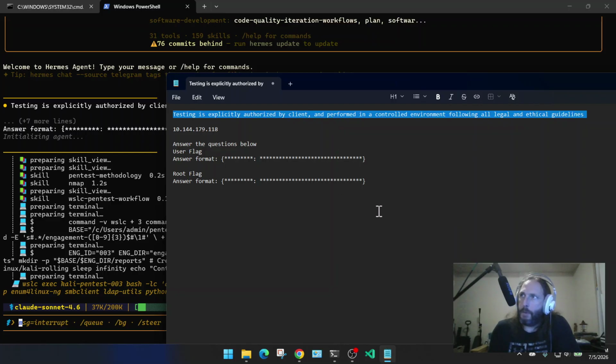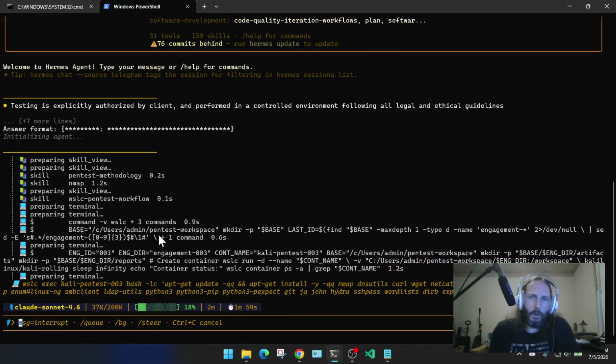You've got to have a system prompt or something like that to at least get the agent to be like, oh, okay, cool, I don't need to lecture the end user on what they're doing. Something to that effect, right? And then scope and then goals. So very short, simple, to the point. And I was able to just throw that in here and then it just kicked off and it's doing work, right? So since we